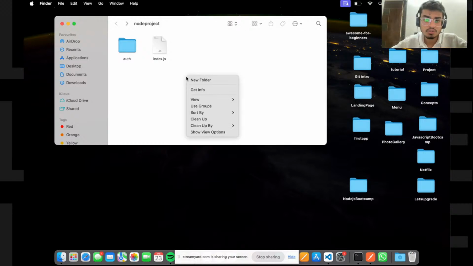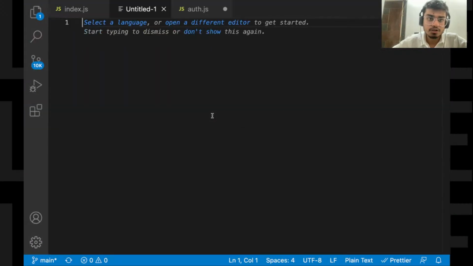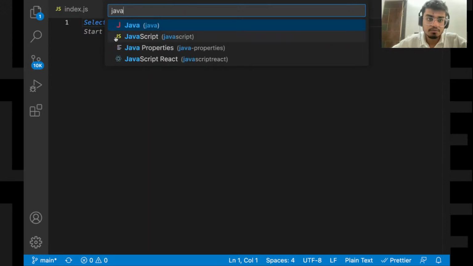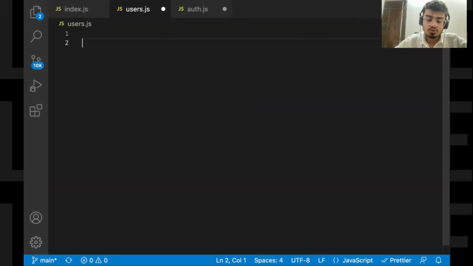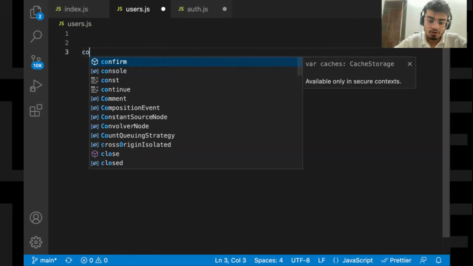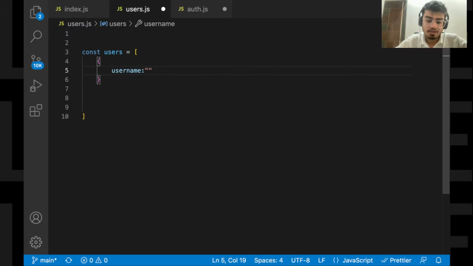Let's go back over here. I'll create a JavaScript file and save it as users.js. So that would be const users is equal to an array of users. Here we'll be having, let's say, username, and I'll be giving different values.